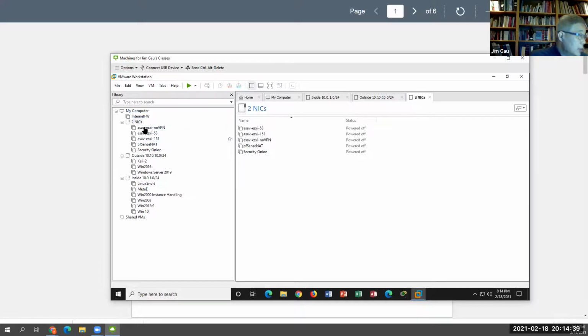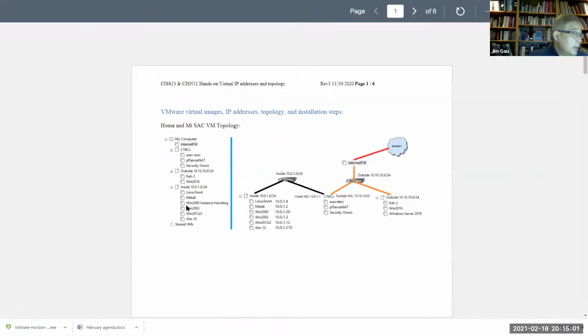And then those are the images that have two NIC cards, network interface cards. And then those are the images that are connected to the outside and the inside. And the outside and inside are connected by those images with two NIC cards. So one NIC card is called outside, one NIC card is called inside. So let me move this to the side, and this is what the topology looks like. Okay, so this is the one I just introduced to you,